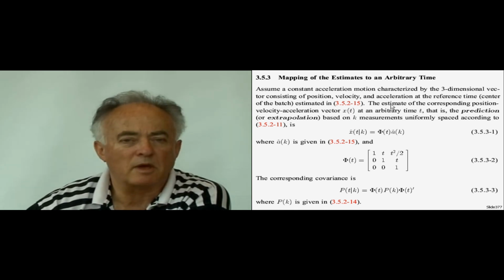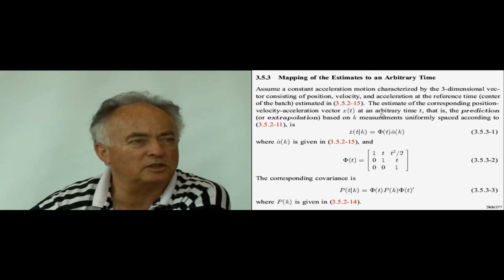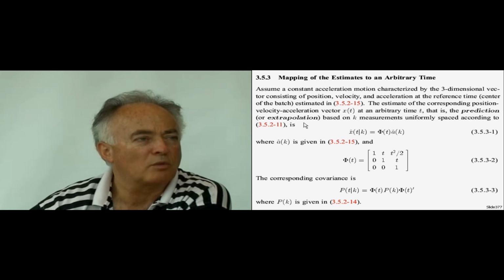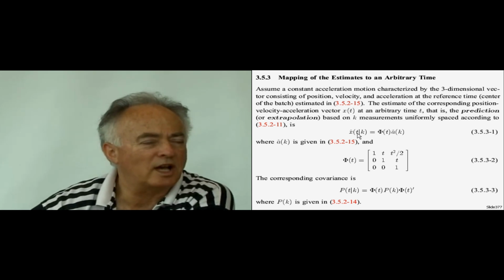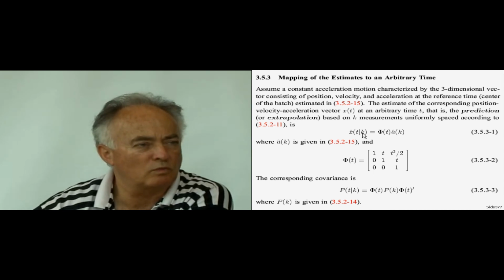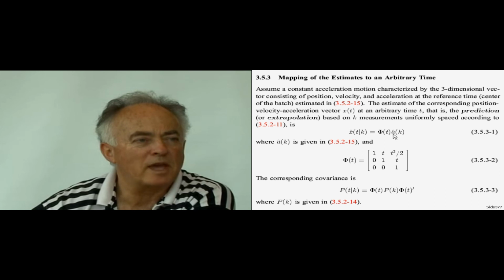Based on these estimates for the center of the batch, the estimate of the corresponding position, velocity, acceleration vector at an arbitrary time within the batch, or outside the batch, that will be the prediction or extrapolation based on those k measurements, uniformly spaced. And the x hat at an arbitrary time t, based on the k measurements we made, will be given by the estimated vector based on k measurements at the center of the batch, as a hat k,